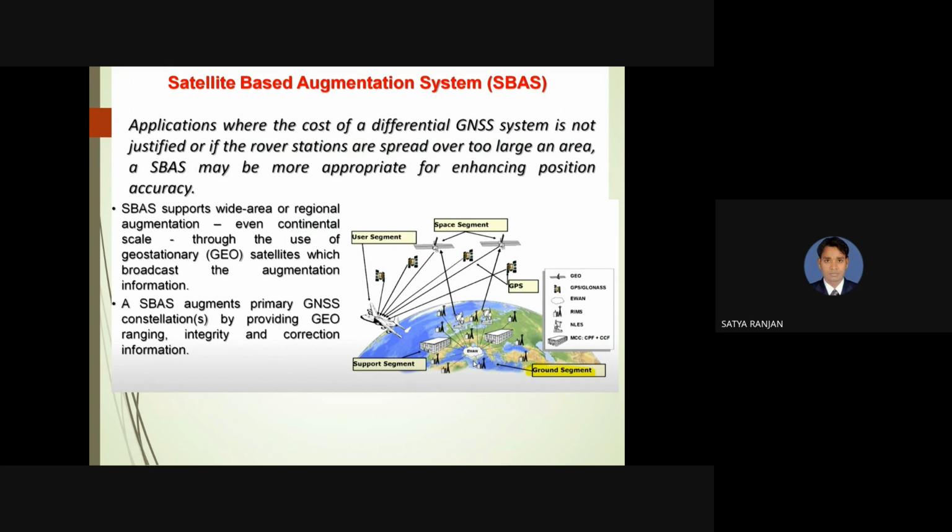So earlier in the RTK system and GNSS system, the distance between the base station and rover is maximum 10 to 20 kilometers. But if the distance between the base station and rover is more than 50 kilometers, then it is not useful. So in this case, we use the SBAS system. So in the SBAS system,